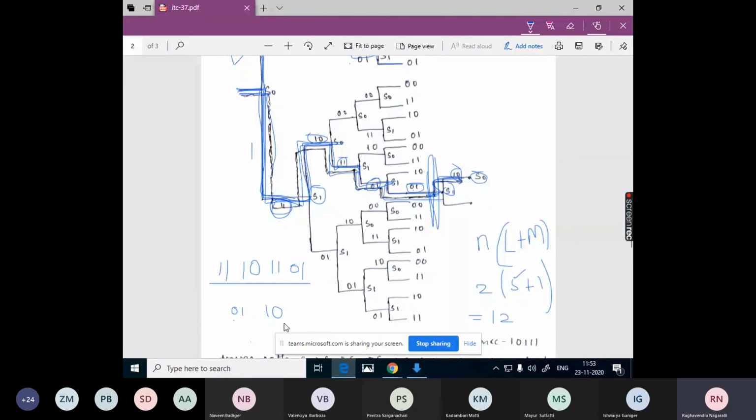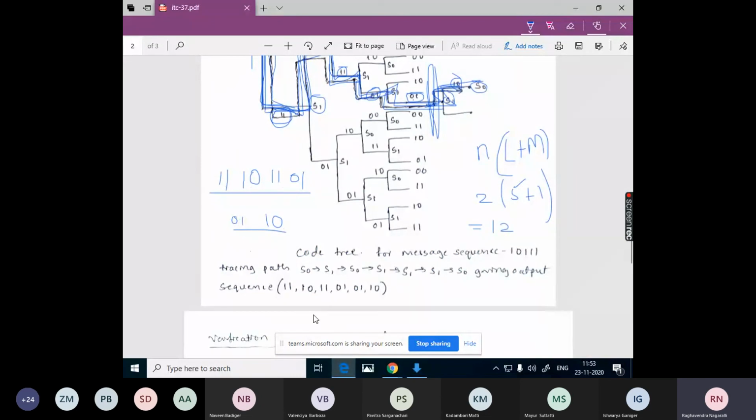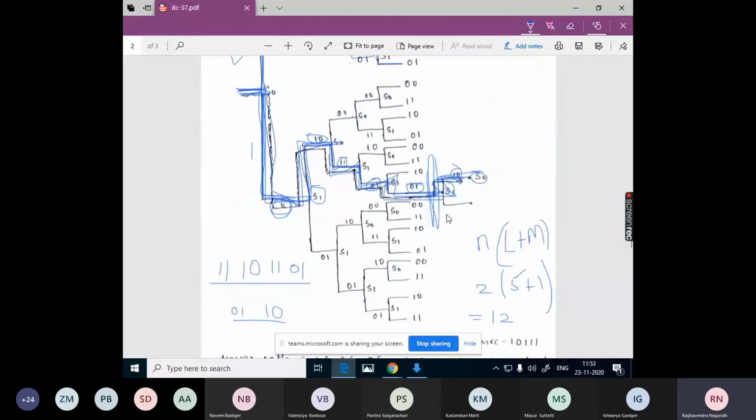This is our output: 1 1 1 0 1 1 0 1 0 1 1 0. So this is our encoder output, and this is how we trace the diagram. So this is how we do the encoding, and the reverse is the decoding.